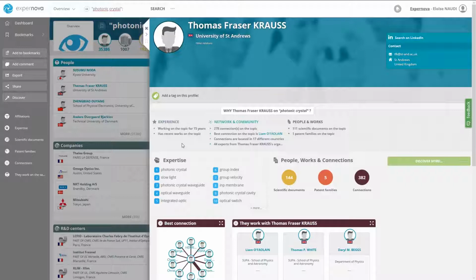Expernova justifies why the profile is relevant regarding your search and includes three subsections: experience, network and community, people and works. Let's see them in details. In the experience subsection, you will see very quickly if the expert has recently published some works on your search topic, how long the expert has been working on your search topic, or if the expert is a precursor on